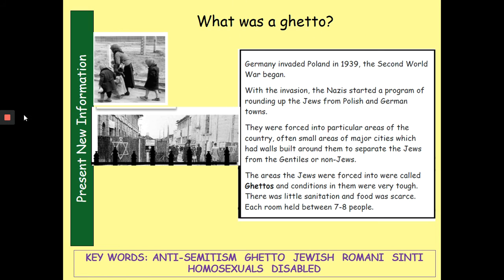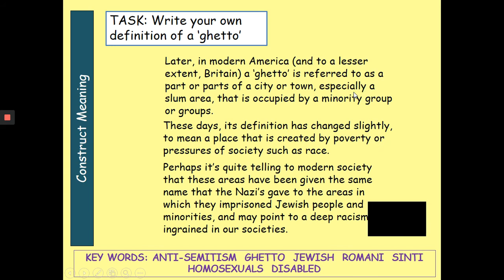They're rounded up in these tiny spaces in cities, as you can see over here on the left-hand side. So, first of all, I'd like you to write your own definition of a ghetto before we do anything else. And what I find quite problematic about this is that we actually still use the word ghetto today. So, ghetto back then meant a walled enclosure around a certain area of a city in which many thousands of Jewish people were kept. However, in modern America and also in Britain, but to a lesser extent, a ghetto is